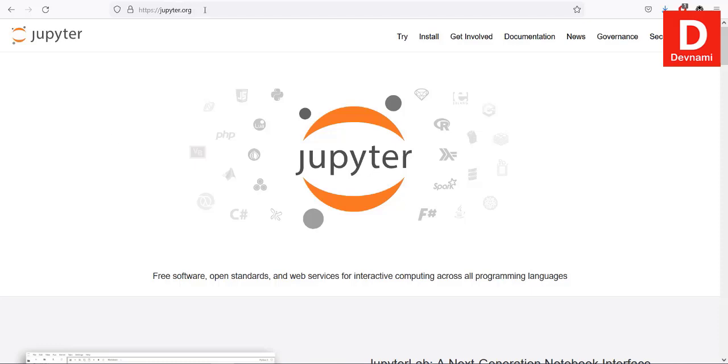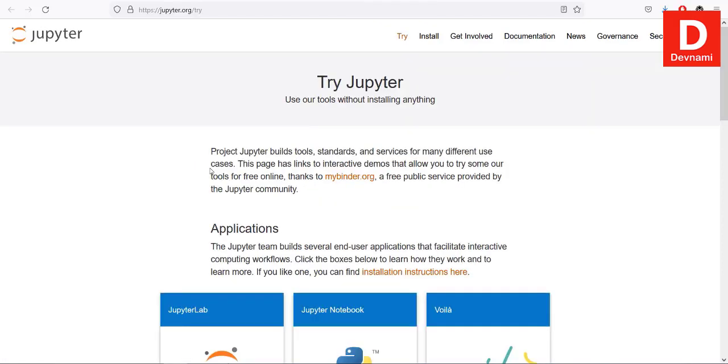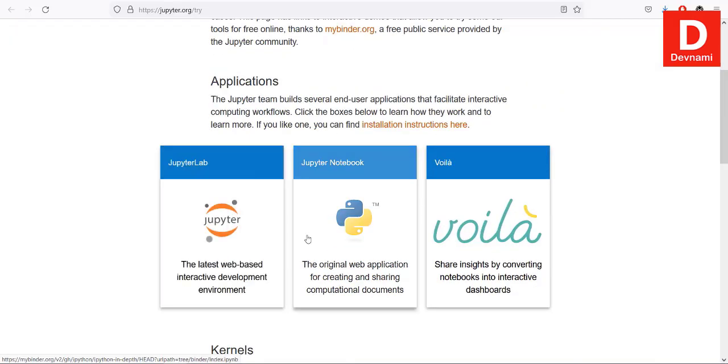If you go to jupyter.org, you can find the option to try it online or you can install it. So we'll do both. We'll see how it works online and also how we can install, set up and configure it. If you open it in a new tab, you'll find that it offers you the option to use one of these three applications, which are hosted on MyBinder. If you click on Jupyter Lab, it should open something like this,